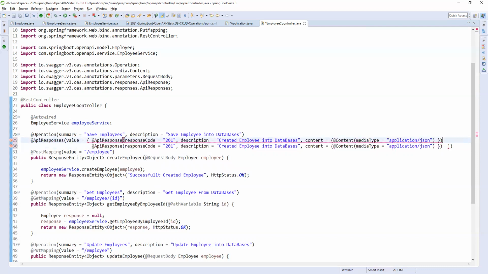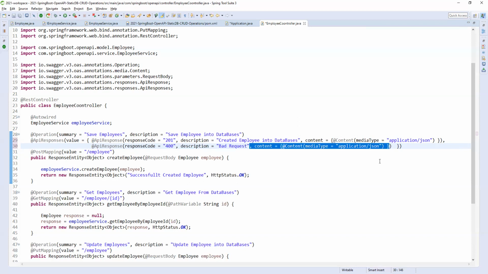I need to provide a comma here, because whenever you are giving a second element, you need to provide a comma. So 400, which is bad request. Okay, bad request.